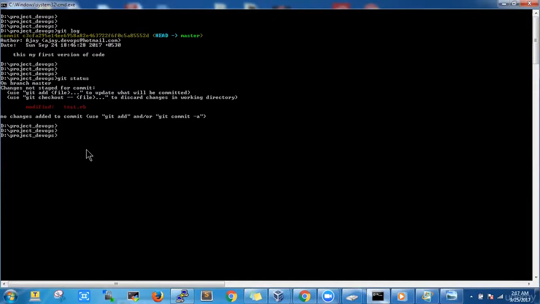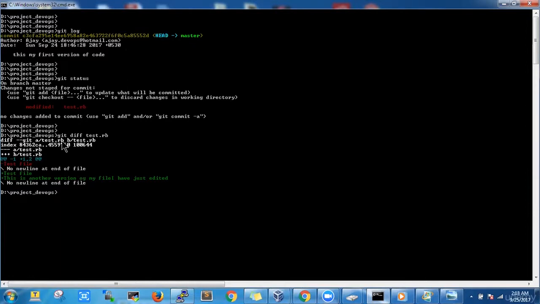Before we do that, we want to know what the local repository has, that is, whatever file we have committed, what data it contains, and what the difference is between the committed file and the non-committed file. We can check this with the help of the diff command. If we run git diff and after that the file name, in our case test.rb,